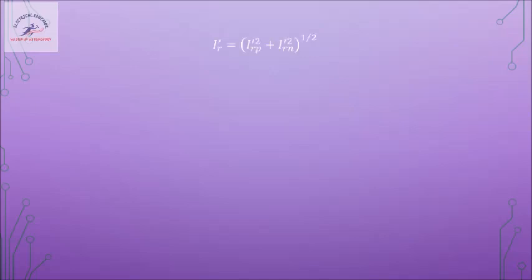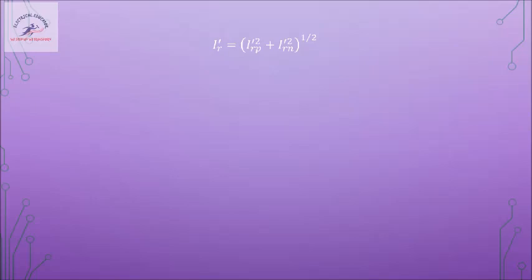So now we know the positive sequence and negative sequence rotor currents. Let us see the resultant of these. These two currents are vectors and they have both direction and magnitude. So we are finding the net magnitude of the rotor current using the equation shown, that is the square root of positive sequence current square plus negative sequence current square. This is the effective rotor current referred to the stator side. It is the net current because of positive sequence and negative sequence components.